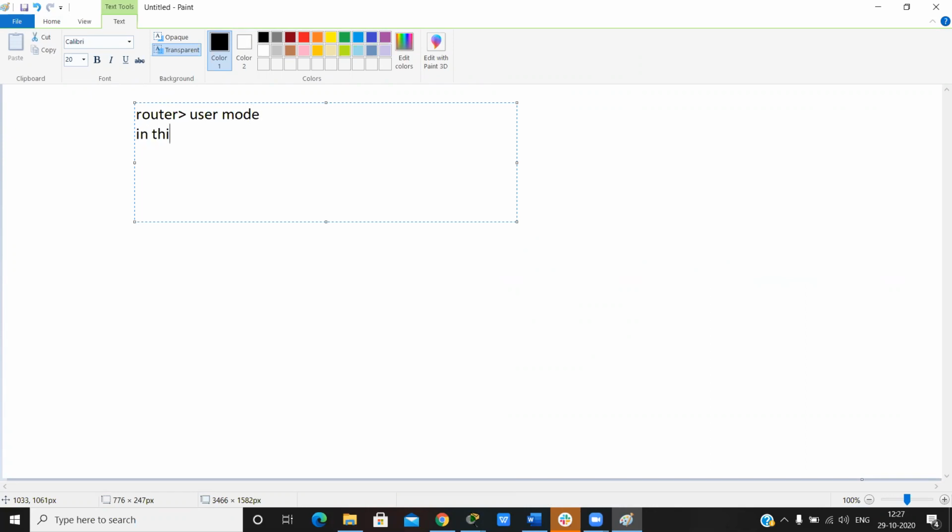In this mode, we run some show commands, not every show command. Some show commands, like show ip interface and show ip route, and the ping command only, and nothing else.